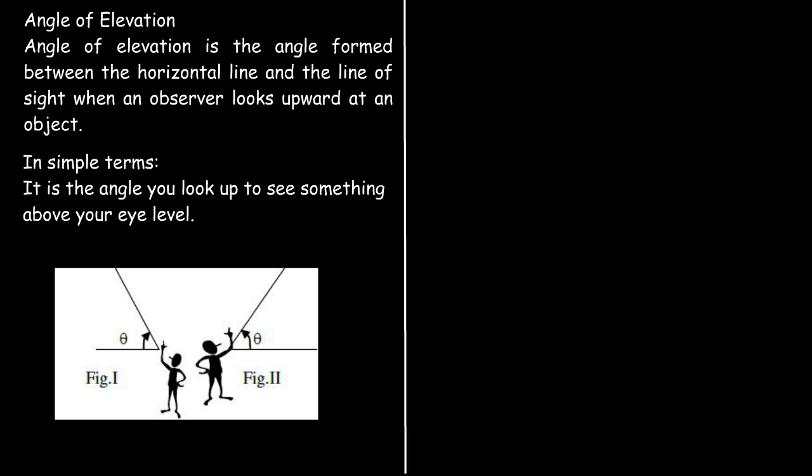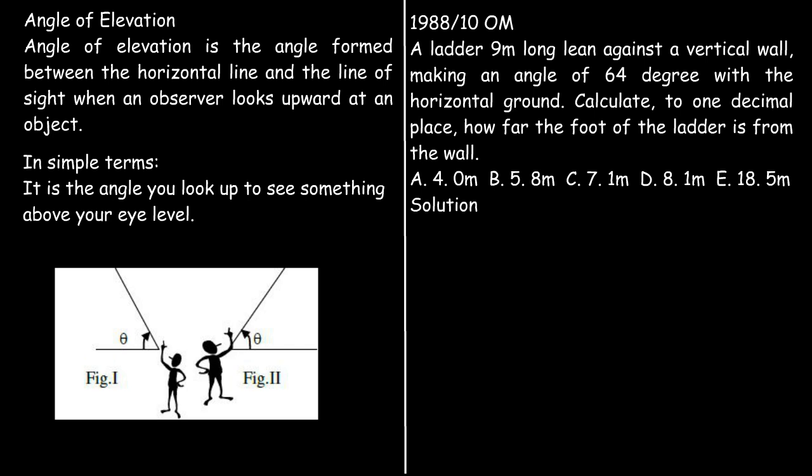Now we have one example on angle of elevation. It states that a ladder 9 meters long leans against a vertical wall, making an angle of 64 degrees with the horizontal ground. Calculate to one decimal place how far the foot of the ladder is from the wall. Now our very first step is to represent this in a diagram, and doing so we get the diagram as